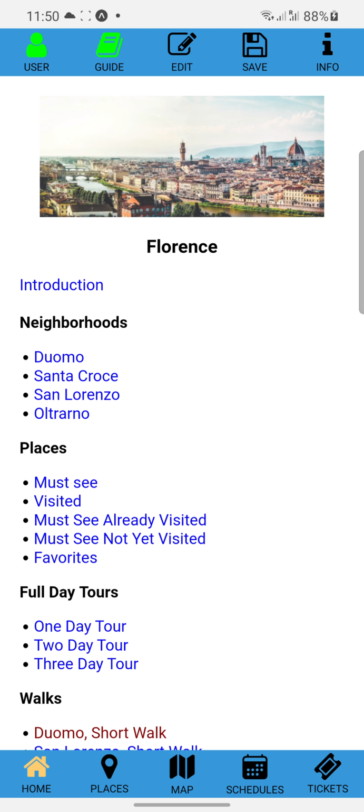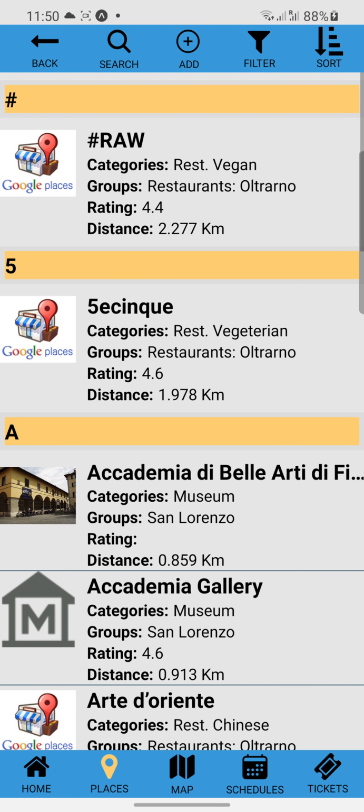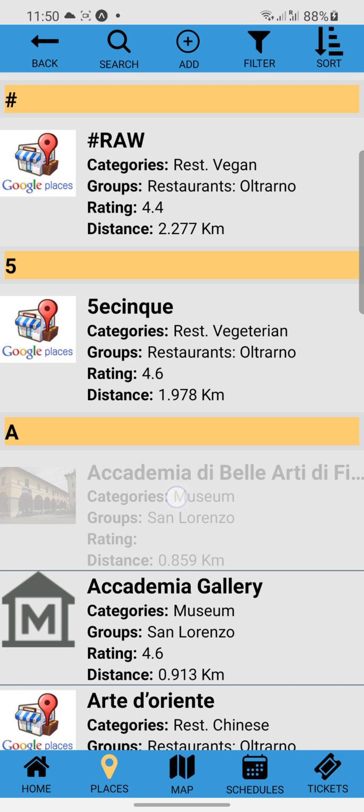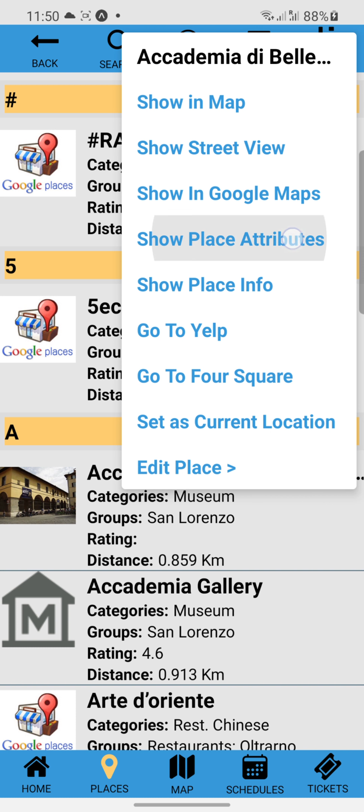The one, as you can see, here in the home screen is HTML. The home screen is HTML, so you can embed HTML. You can also link, you could have a text link to an image, and we'll show that in a second. You can also have, here in places, you can see on the left hand side, there's also an image